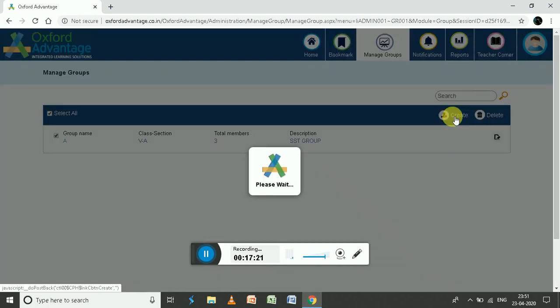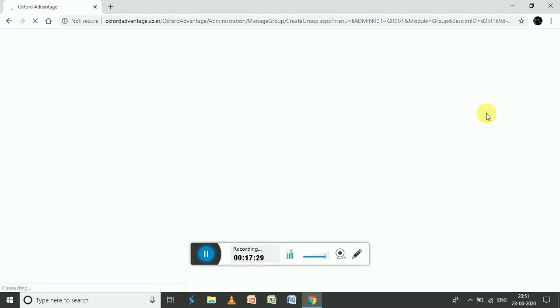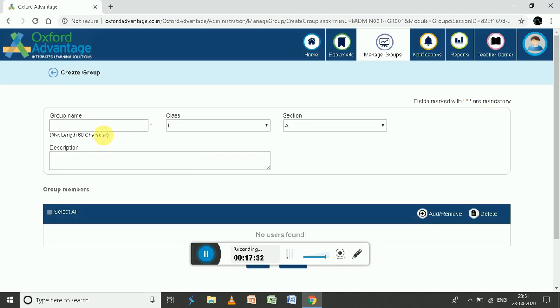You can select over here, create. A delete option is obviously there when you don't need the group anymore. You can click on create a new group over here. Group name, that was A, so I have put B over here. And I have to select the class. This is very important.